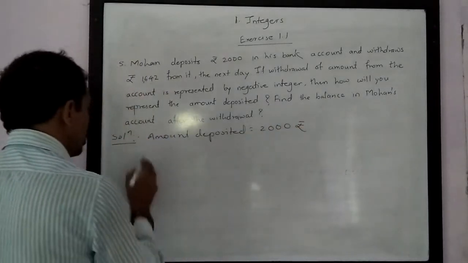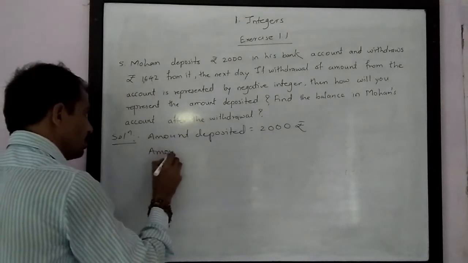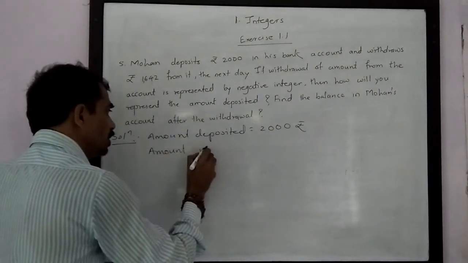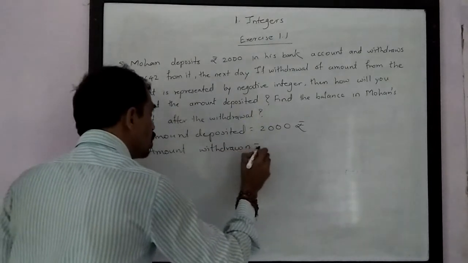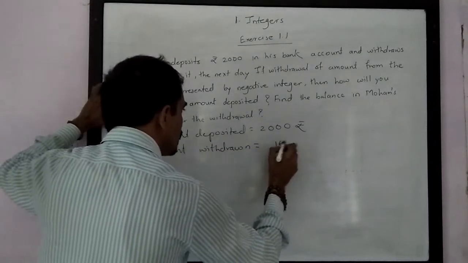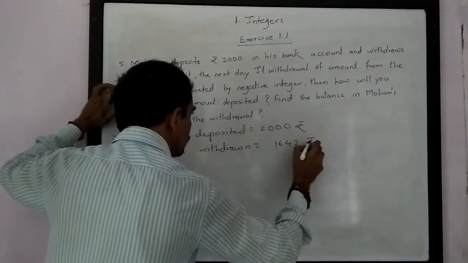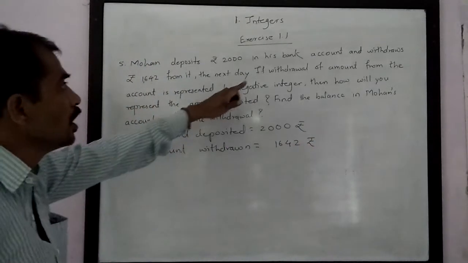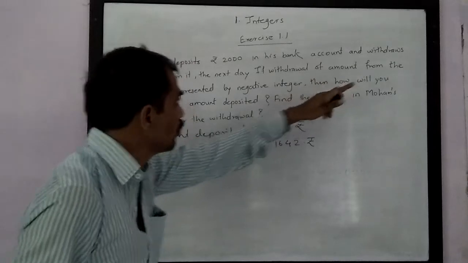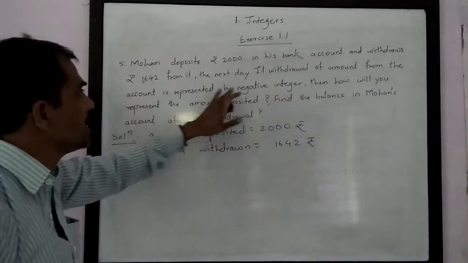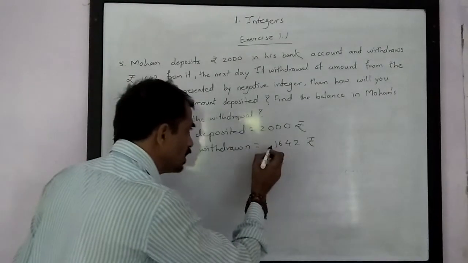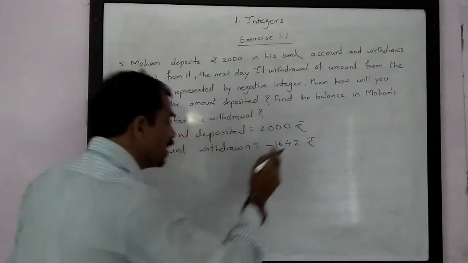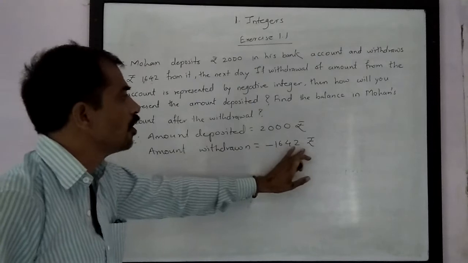Then amount withdrawn is equal to 1642 rupees. If withdrawal is represented by a negative integer, it is represented by negative 1642 rupees,